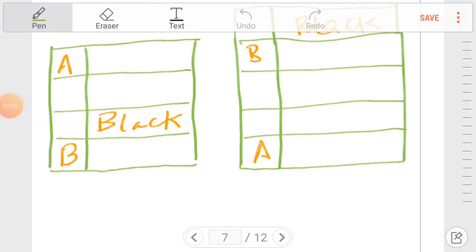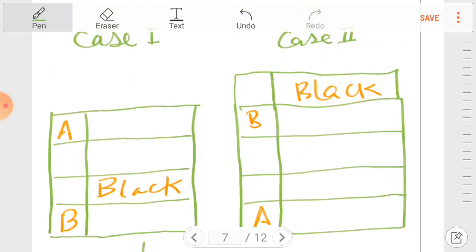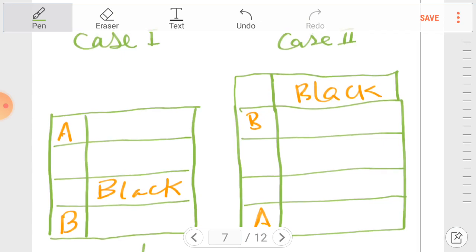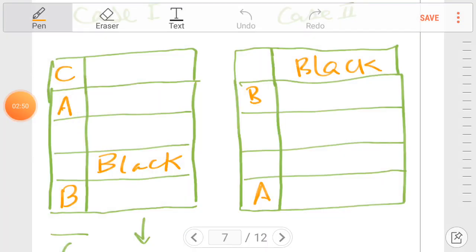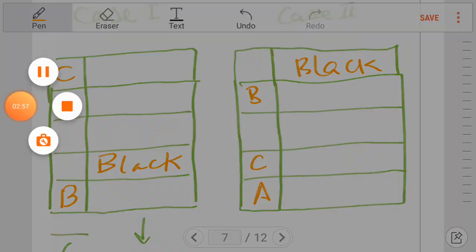In case 1, 2 blocks can be formed downward, and the third one from black is C, which can be placed like this. But it is given that C cannot be at the bottom side. So C cannot be placed at the bottom side, so 2 blocks will be formed above, and the third one from here is C. Similarly, the third one from the black box is C in case 2 also.